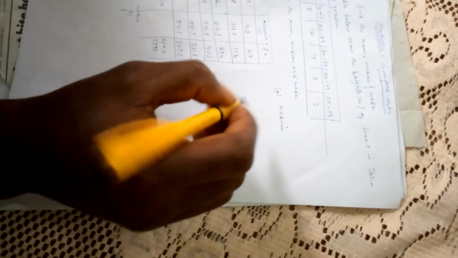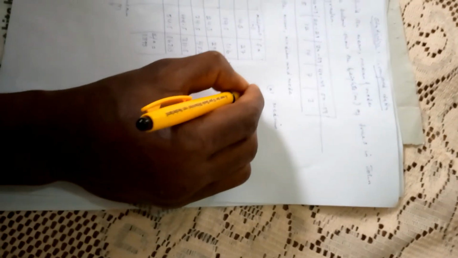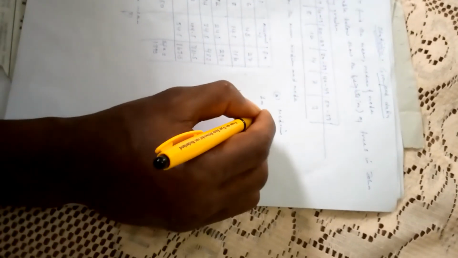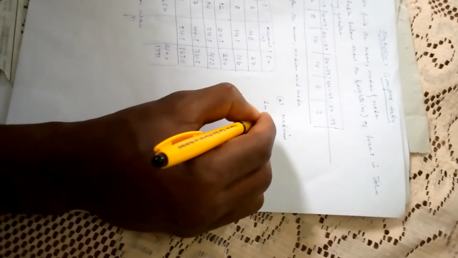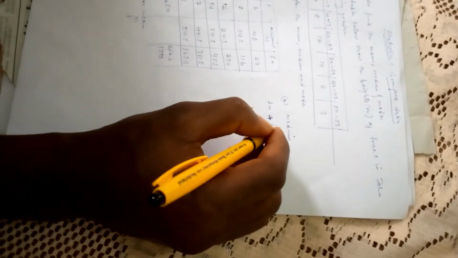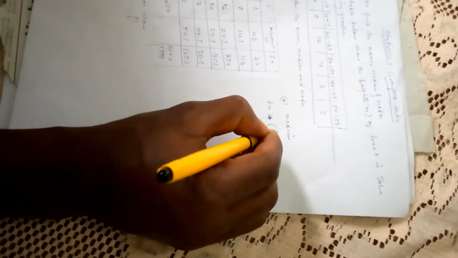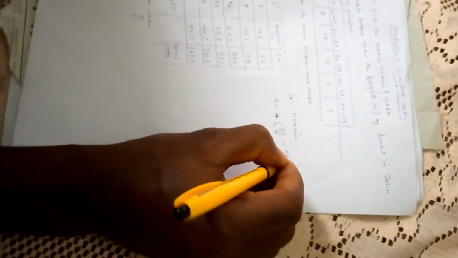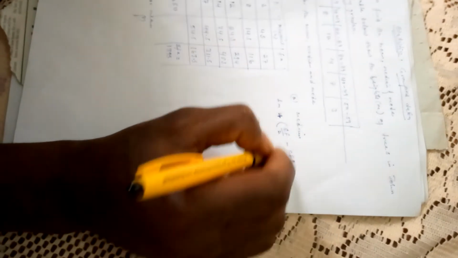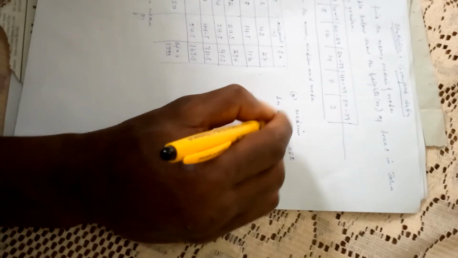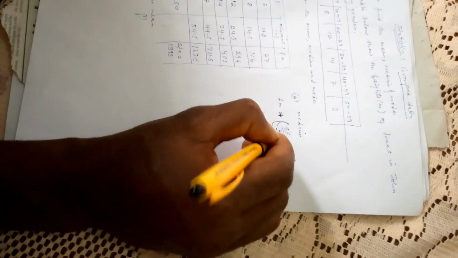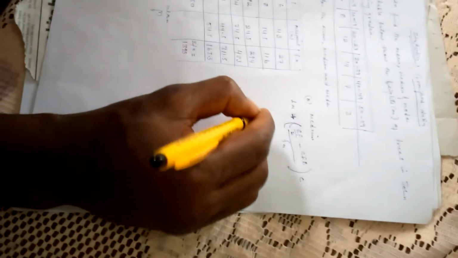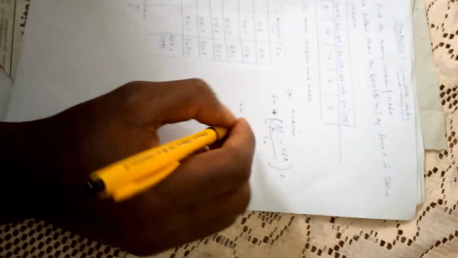Now the formula for the median is LM, I shall explain to you what this LM means, plus, in bracket, summation of f all over 2 minus CFB, everything all over FM times C, where LM is the lower class boundary